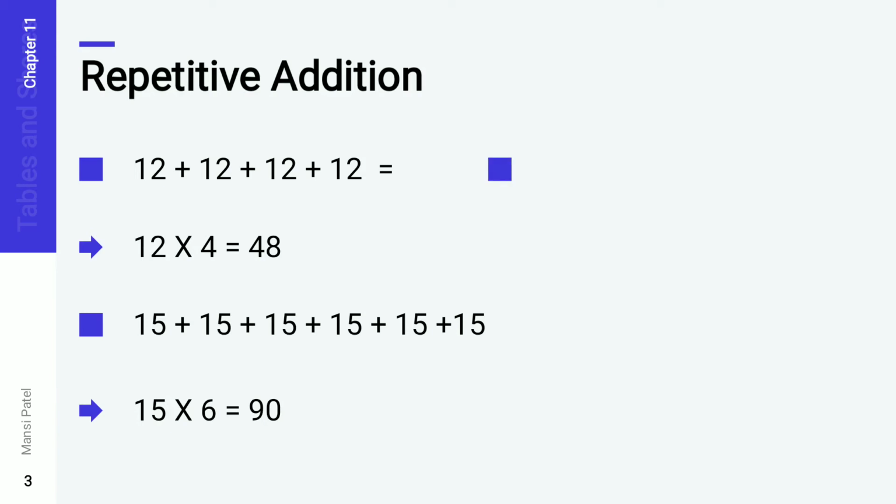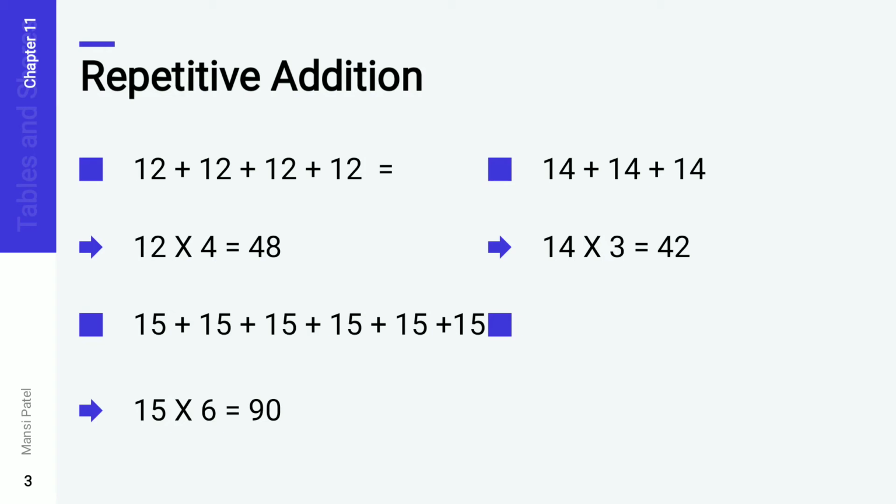Now again, number two. Next, that is 14 plus 14 plus 14. Now see here, number 14 is the same in all. And how many times are we adding number 14? Three times. So what do you want to do? Here we have to do the multiplication of 14 multiplied by 3. Why are we writing number 3? Because number 14 is there three times. That's why. So 14 threes are 42.